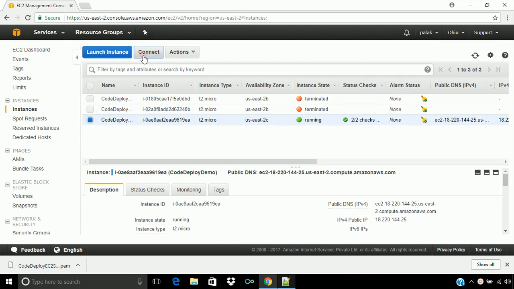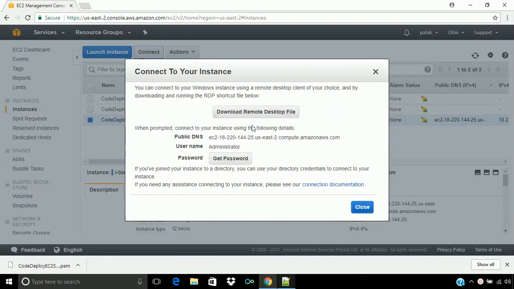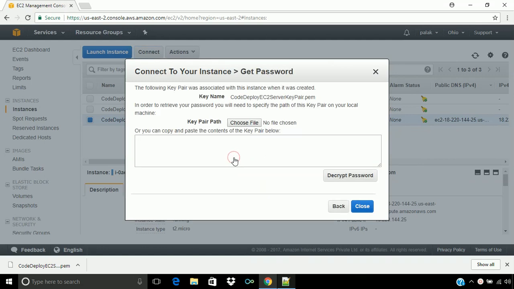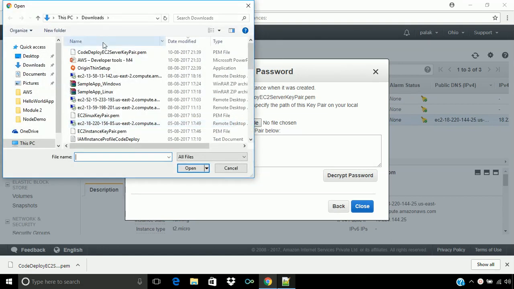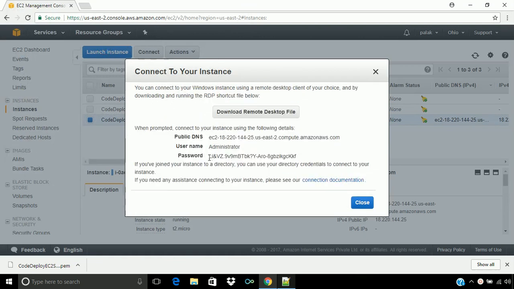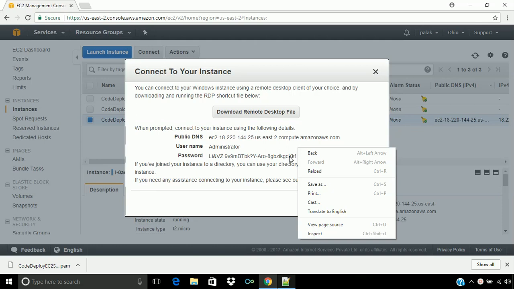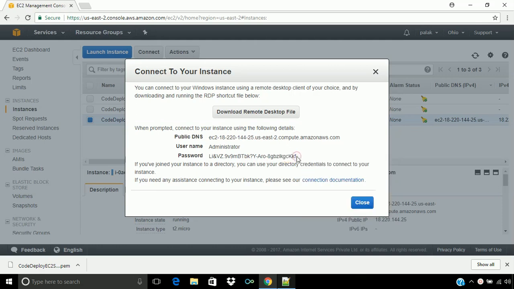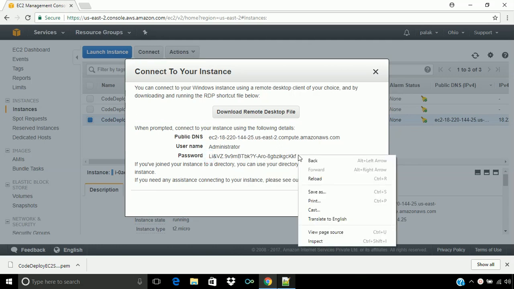So let's connect to the instance. We can get the password by uploading our key pair. So let's get the password. Let's choose the file for this key pair path. So this is our key pair. So let's upload it and decrypt the password. Let's copy this. It will be used when we are connecting to this instance.